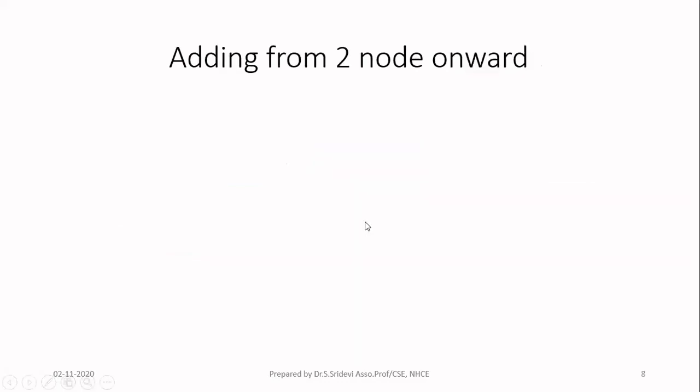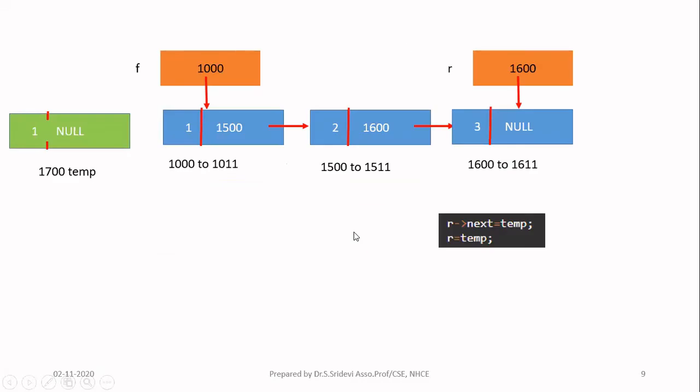Okay, let us see how to add from the second node onward. Now my queue has a total of 3 elements: 1, 2, and 3. If I want to delete, the elements will be deleted in the order 1, then 2, and then 3. From the front end only, I'm going to delete the element. Now I'm going to add the new element, this green color node. In a queue, you add the new node only at the rear end. Your rear end is here, pointing to 3. So you have to add this green color one after this 3.